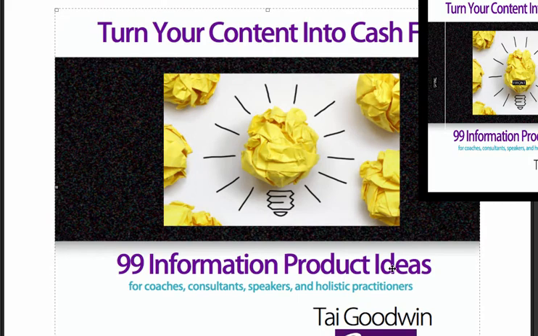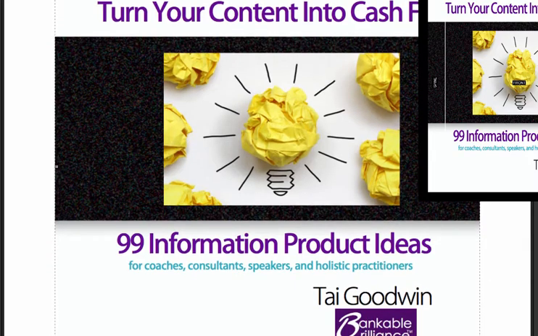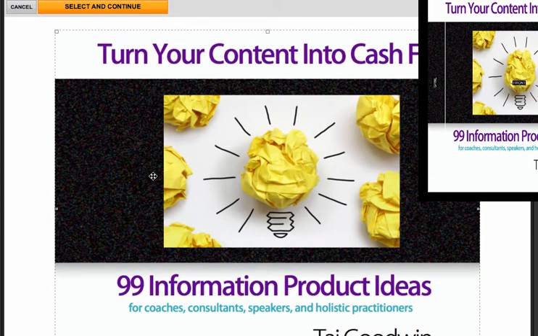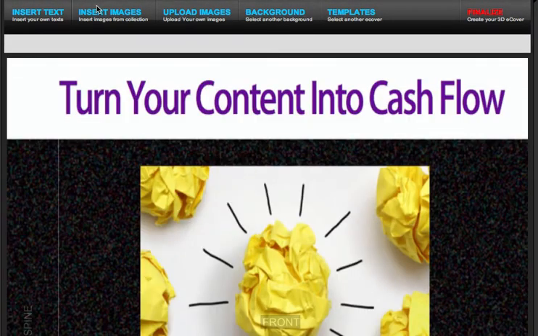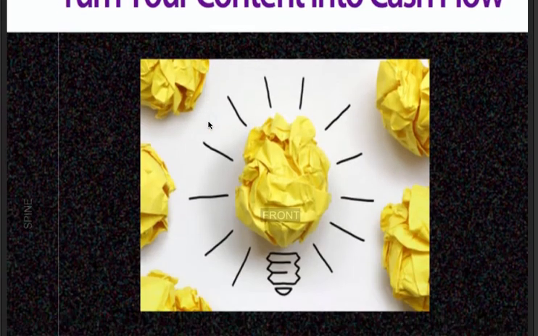And again, this is the tool that has those offline guides that you can use to figure out how big your image should be, and the way you should lay your image out for it to fit the graphic. So I've got this in here. You can see this, and if I'm ready to use it just like it is, I'm going to click select and continue. So I've uploaded my graphic, I've selected to continue in the process, and what you see is